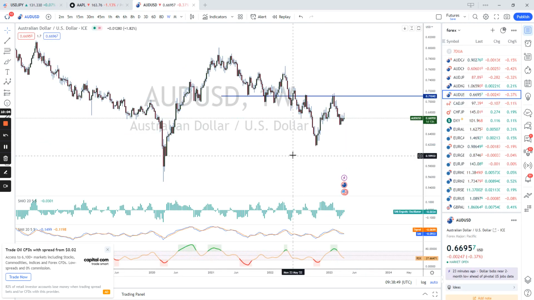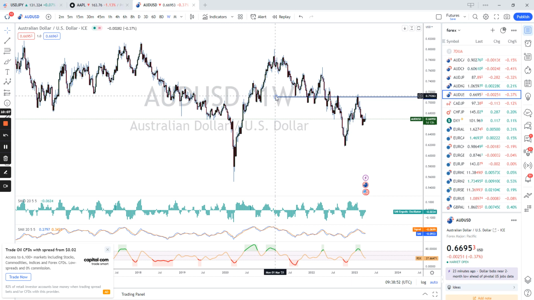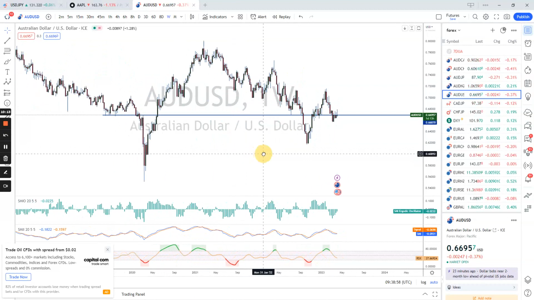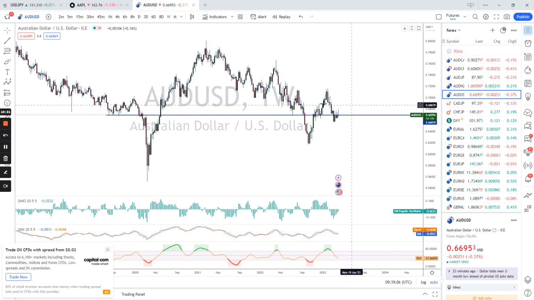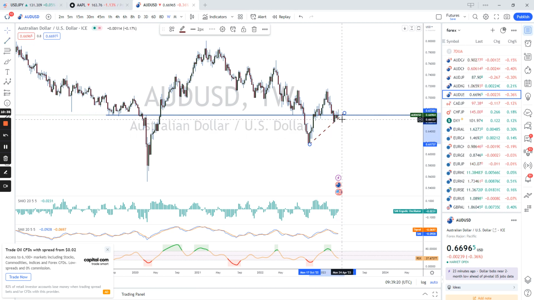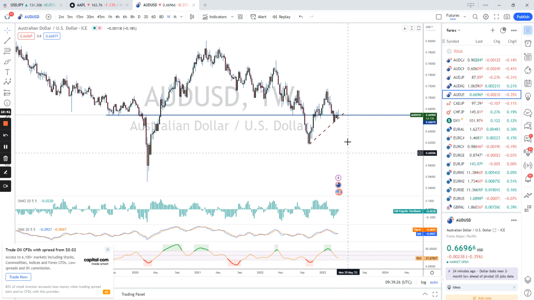Let's take a look once more at the Aussie dollar. One more forex pair, the Aussie dollar. It is also on this key point, which is 0.669, 0.67, and the break below this point and this uptrend line here, so below 0.663, would lead to another consolidation and continuation down to 0.6.